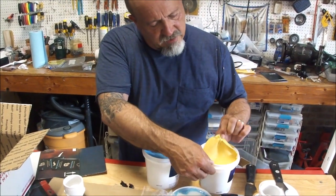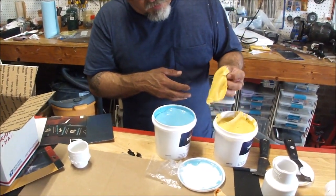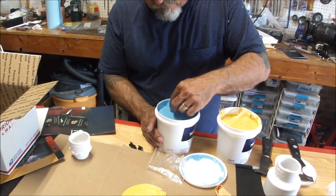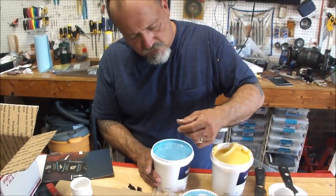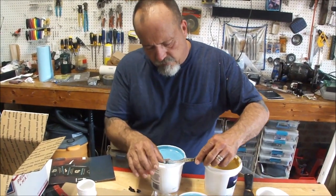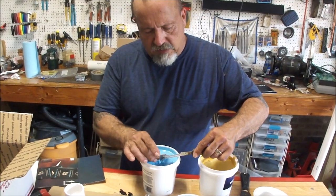So I've got 2 containers of fairing compound. Basically, this is like Bondo for boats, and the reason I'm using this is because I have it on hand for a boat restoration project that I'm doing. I don't have any Bondo. I actually don't particularly care for the stuff, but this is an epoxy-based compound,